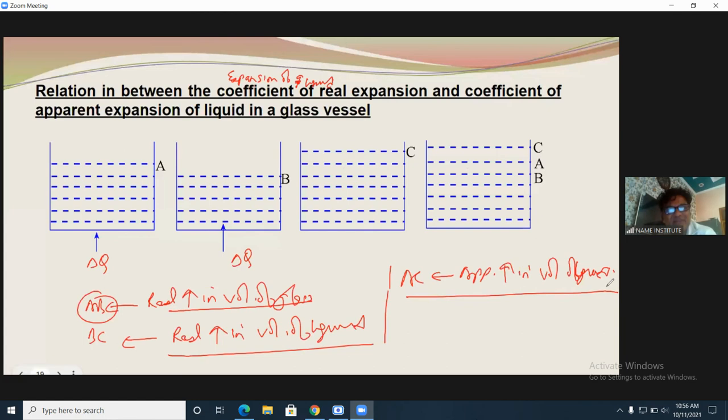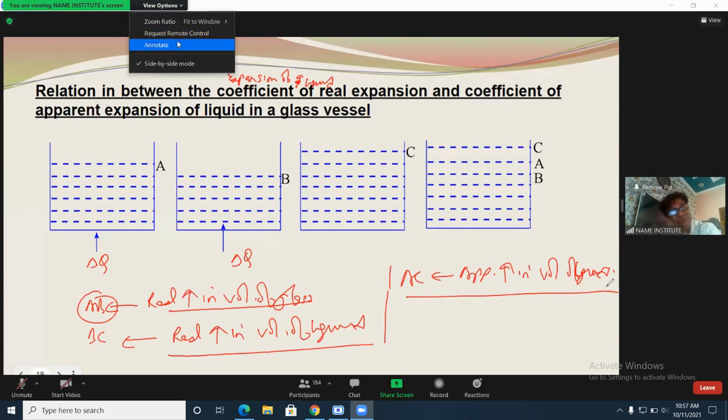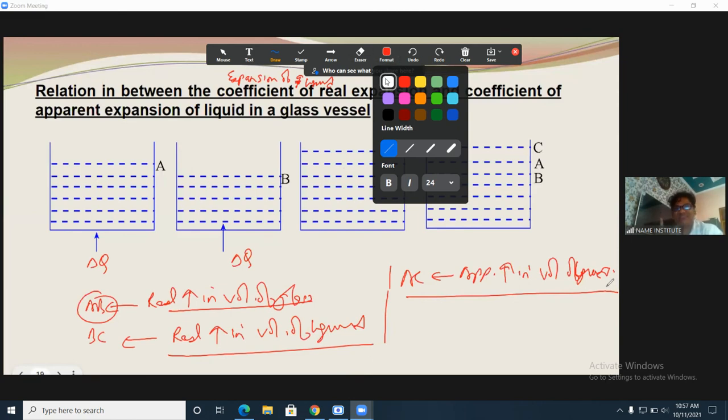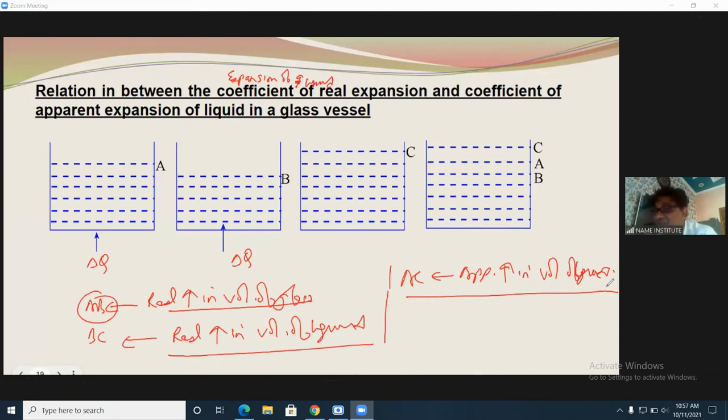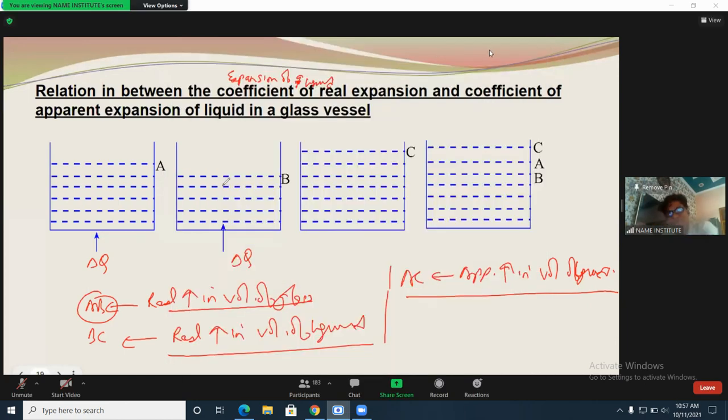So there will be expansion of the aluminum pot or steel pot, but this expansion will be very, very small. So whenever heat is given to the vessel, the vessel will expand, and the level of the milk will change from A to B. Here it is level A, here it is level B. But whenever we are heating milk in our kitchen, we never see such a diagram. Initially the level of milk was at A, then it is at B, not falling down.